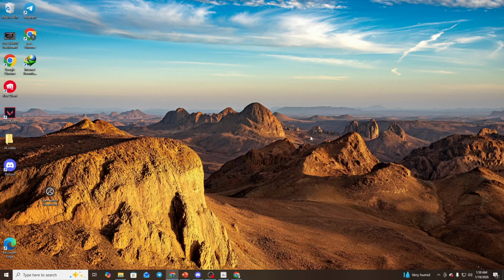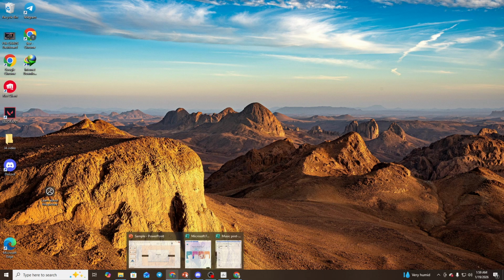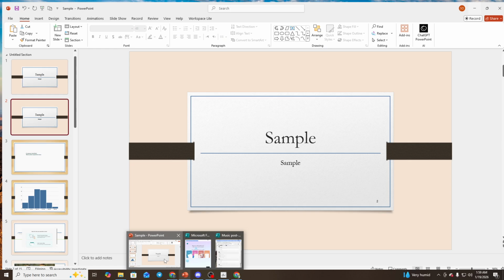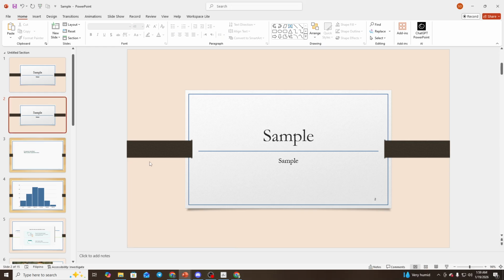In today's video, I'm going to teach you how to change theme colors in Microsoft PowerPoint. Changing your theme colors is one of the fastest ways to refresh the look and feel of a deck and make every slide feel consistent. It updates titles, body text, shapes, charts, and other graphics in one pass, so you don't have to edit each